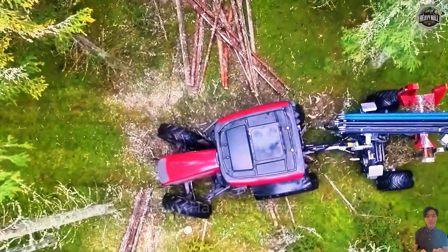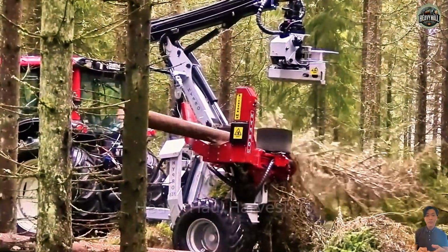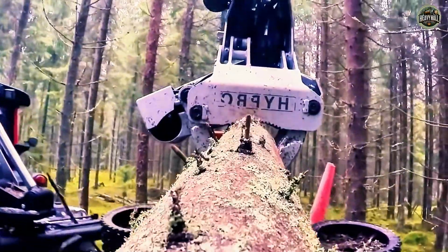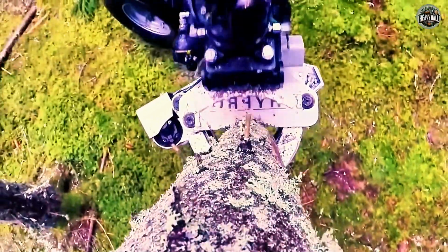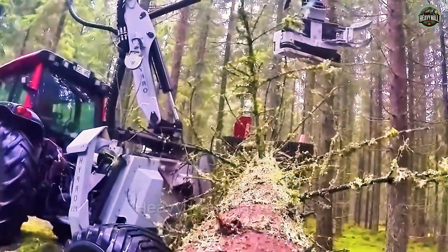In the middle of a dense forest, a modern wood harvesting machine begins to work. A powerful robotic arm reaches out, gripping a large tree trunk, ready to perform the task. In just a split second, the sharp saw blade rotates, cutting across the tree trunk precisely, causing it to fall